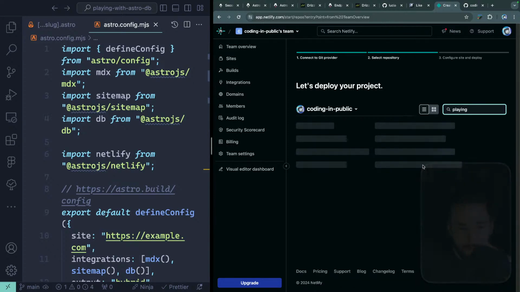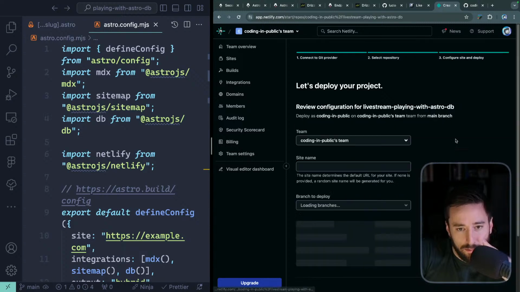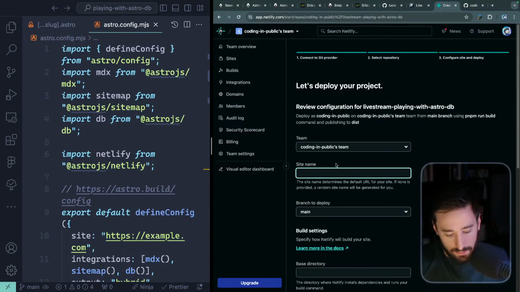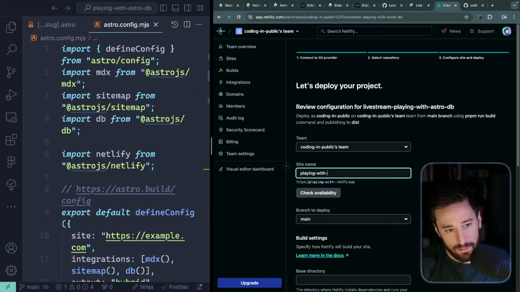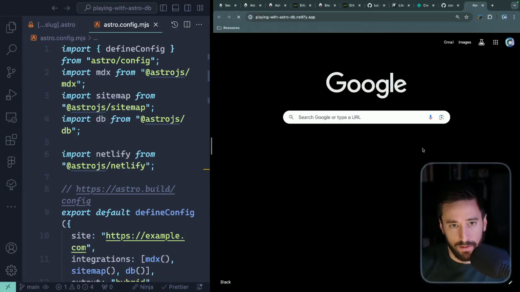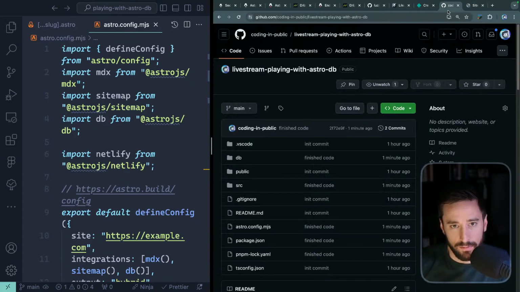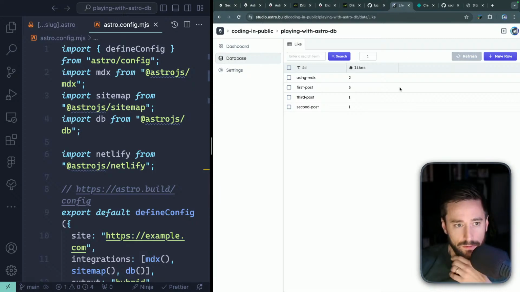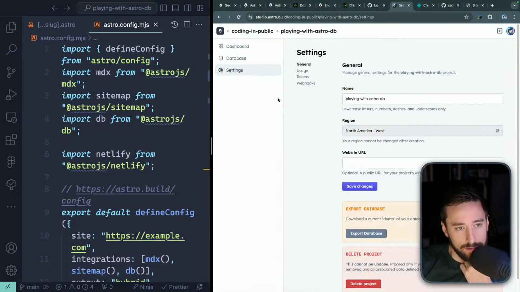I don't think I have any of the repos that have playing in the title. Okay. Site name, we'll do playing with Astro DB. Check availability. Okay, so this will be it. Playing with Astro, Netlify, all like that. It doesn't exist yet. Before I do that though, I'm going to come over here and come to my settings